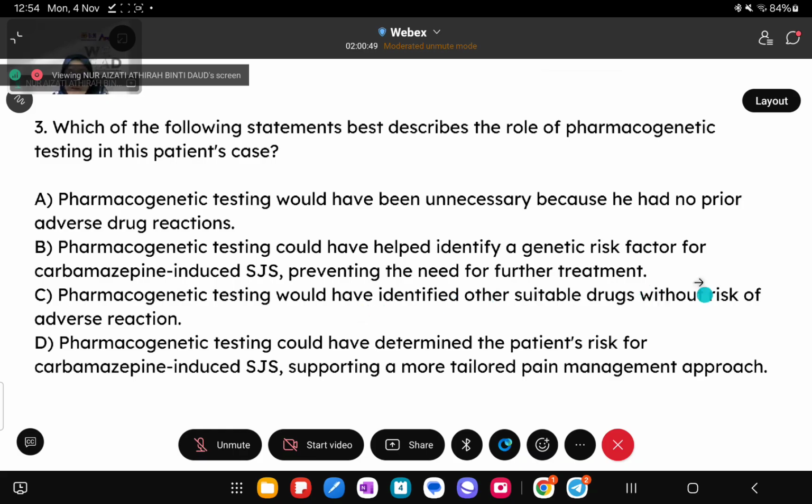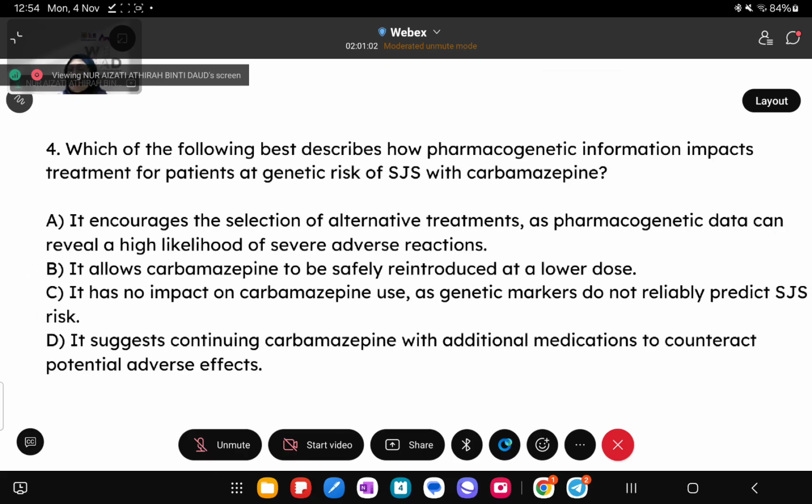Pharmacogenetic testing would have identified other suitable drugs without the risk of adverse reaction. No, that is less accurate, because it can actually guide us to a suitable drug, but it does not predict zero rate of adverse reaction. But it helps us tailor to the best. Okay,